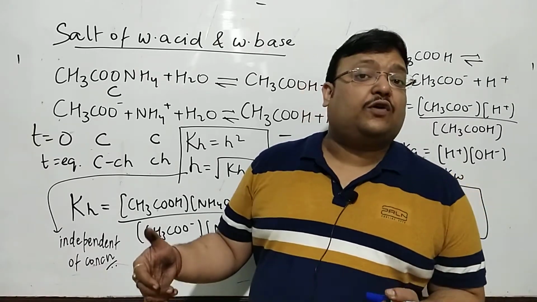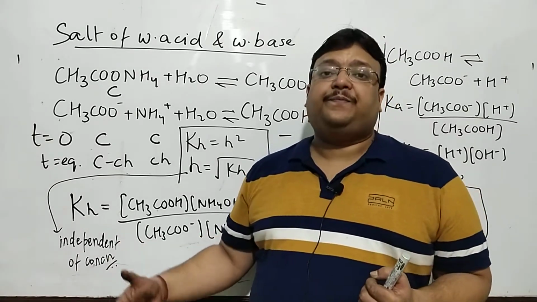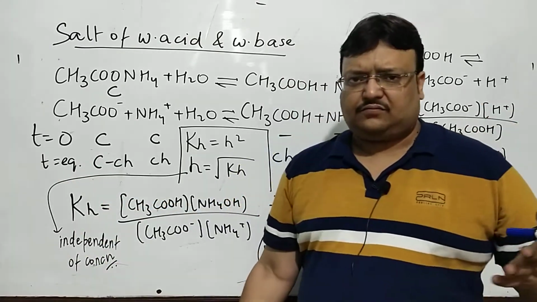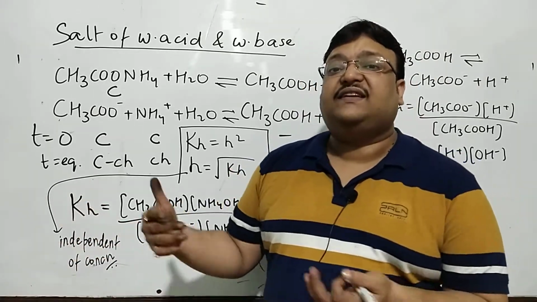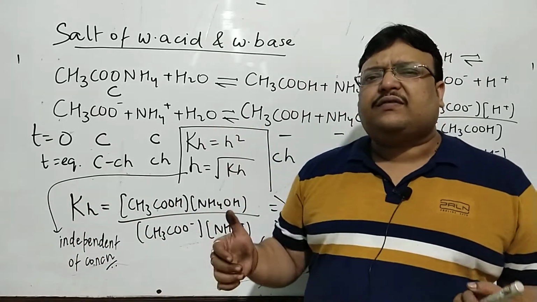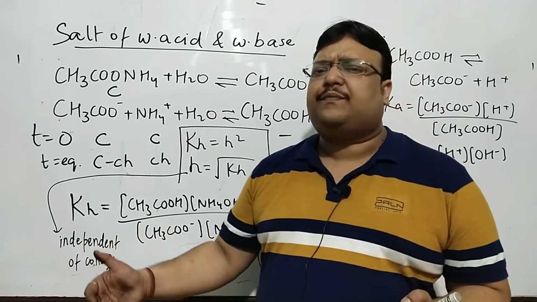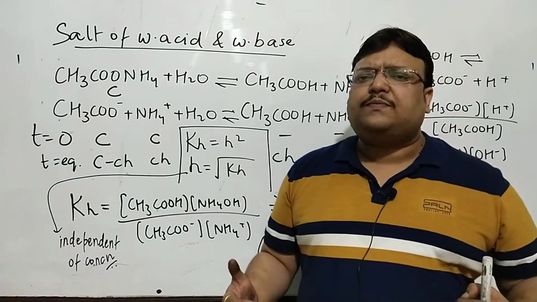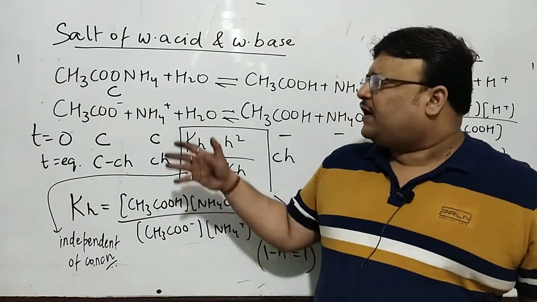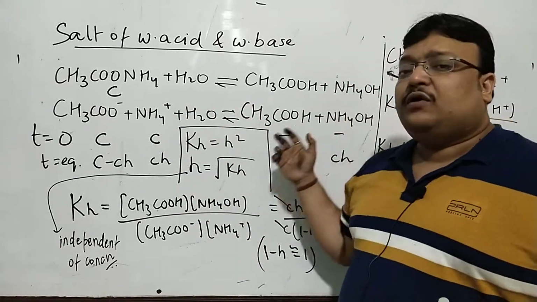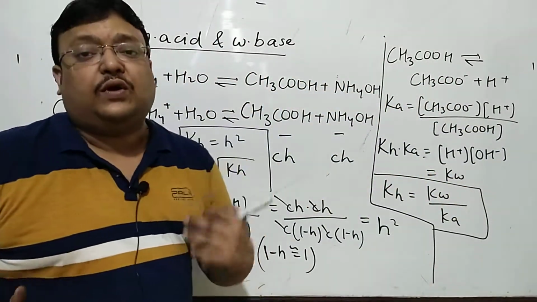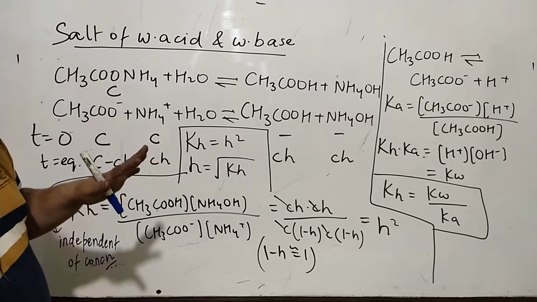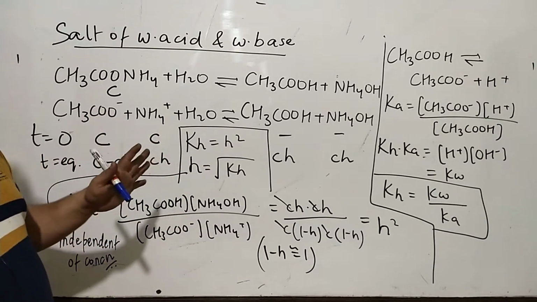In the first case, if you recall, ammonium plus water was giving you ammonium hydroxide plus H plus, so you had H plus as CH there. In the previous case, acetate plus water was giving you acetic acid plus OH minus. You had OH minus as CH, and from OH minus you could calculate H plus. Whereas in this case, because both are weak, you have neither a source of H plus nor OH minus. Now when you have neither, this is what you can do.